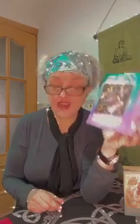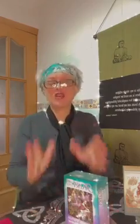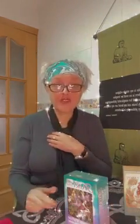So you would see something and you'd say, okay, I'm really drawn to this deck. You know, you don't have to give an explanation of why. If you're drawn to a specific deck, go for it, right? Don't just go with the advice of everybody else and what they say. Go with what you feel, right? Because the tarot is going to connect with you, so go with the one that's heartfelt, that you really